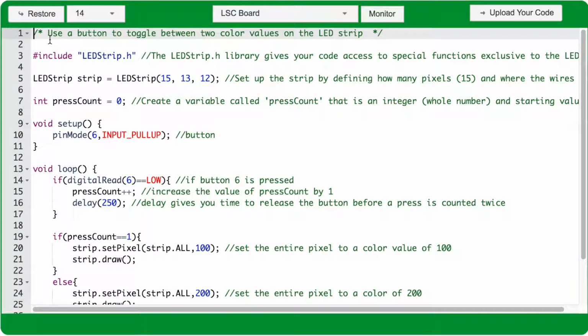In this program, we'll toggle between two colors on the LED strip using a single button and a variable to keep track of which color is showing. Anytime we use the LED strip, we want to include the ledstrip.h library above the void setup. To do that, we type #include and between quotation marks the name of the library. Including the library gives us access to special functions like .draw, .setPixel, and .clear that are special just for the